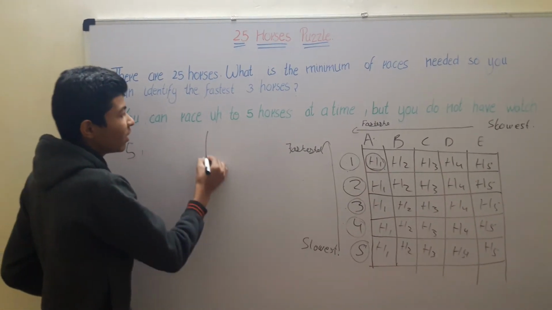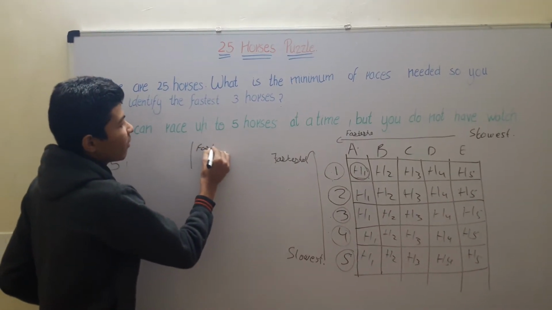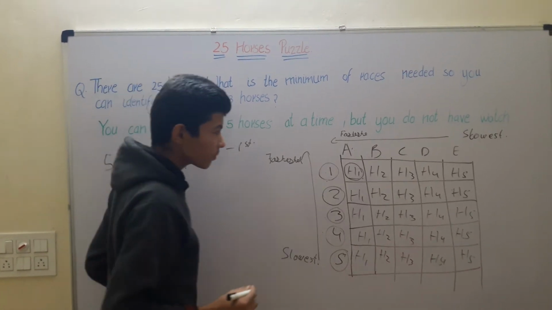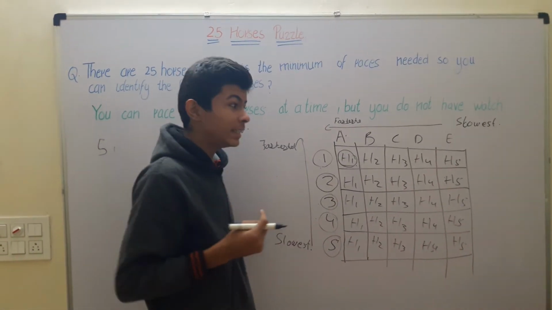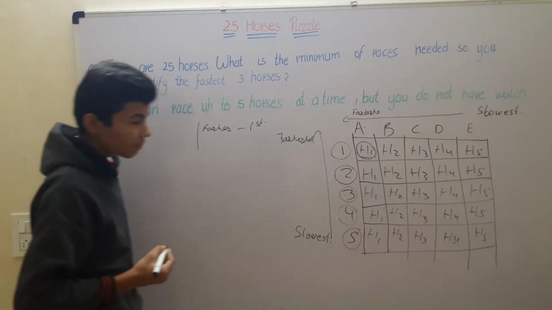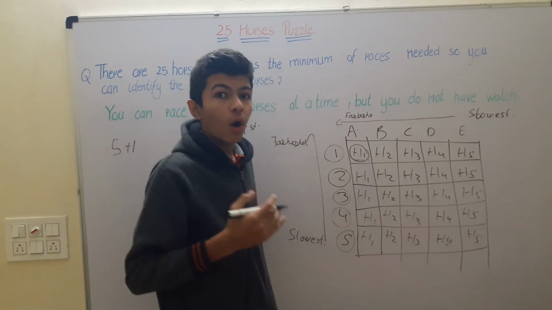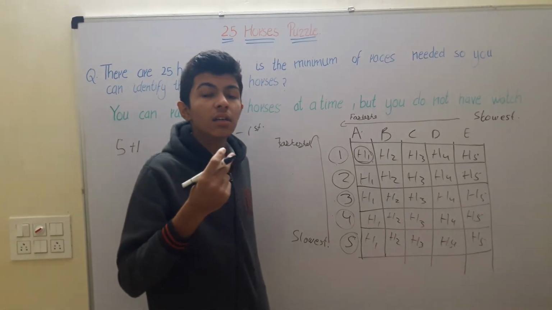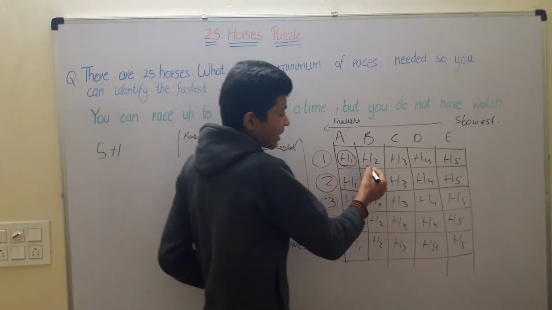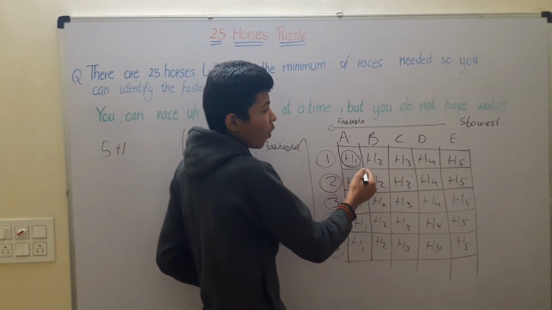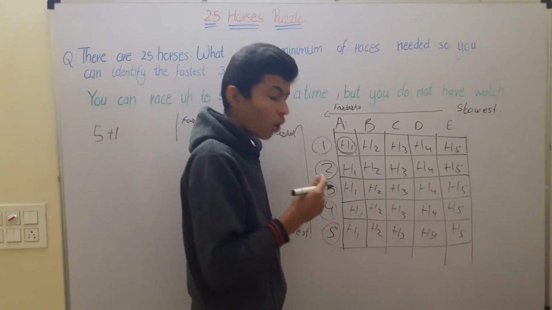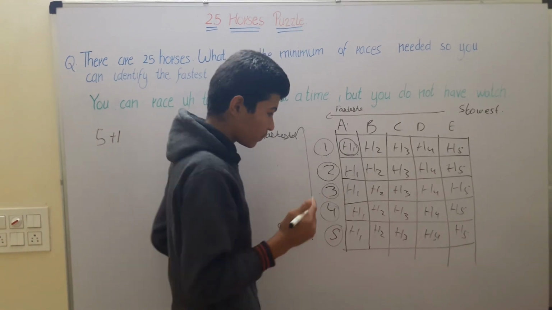So we have got the fastest horse, which is rank first. That would be one race, so plus 1. Now how can we obtain the first, second and third horses? These three fastest horses could be in a single row, or they could be spread across other rows. So let's cut horses by the elimination process.